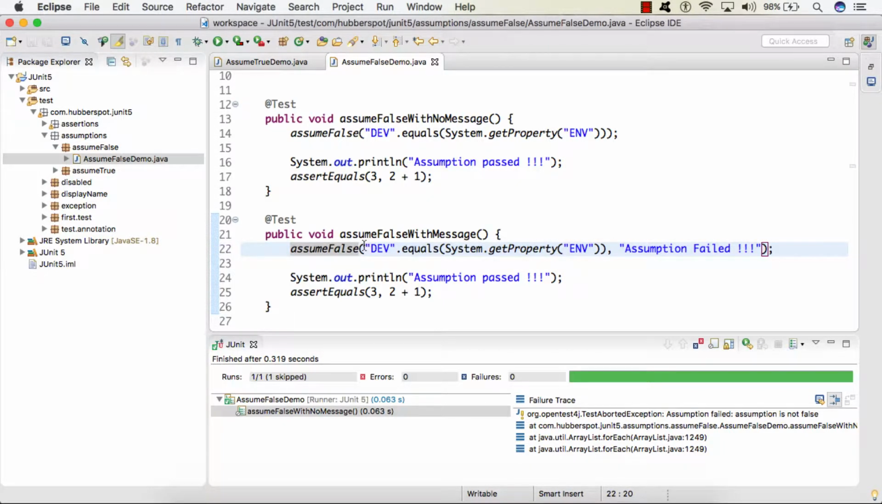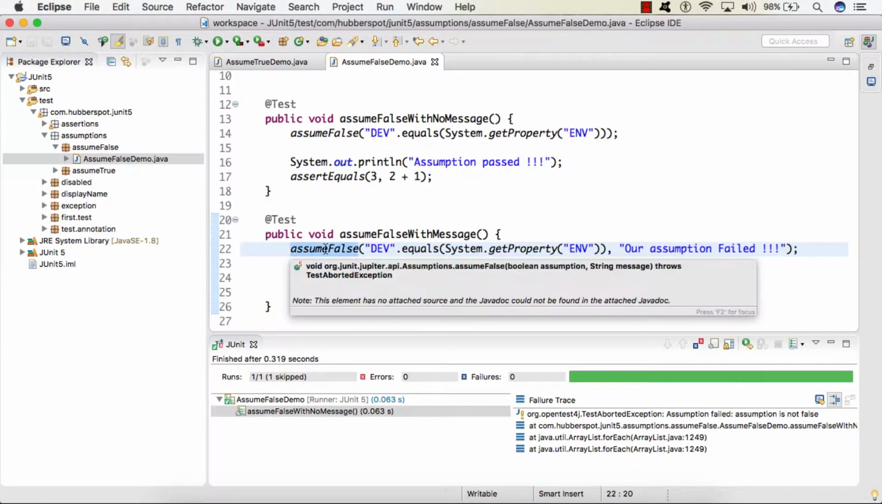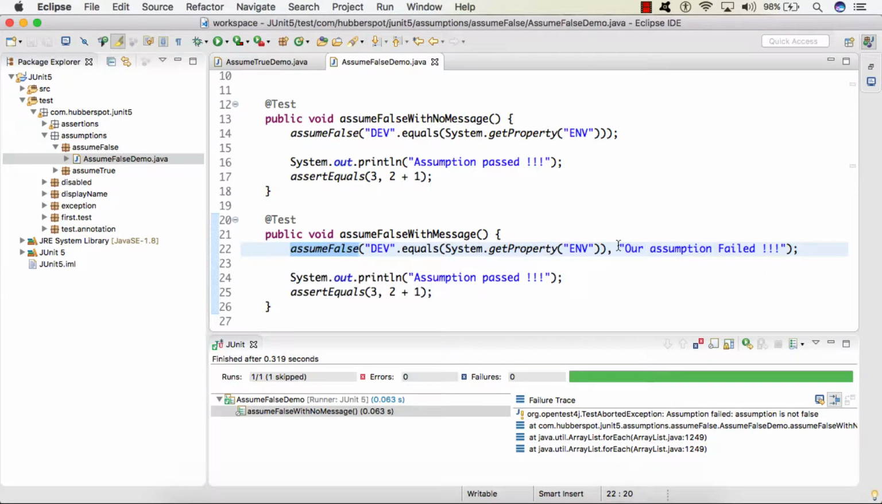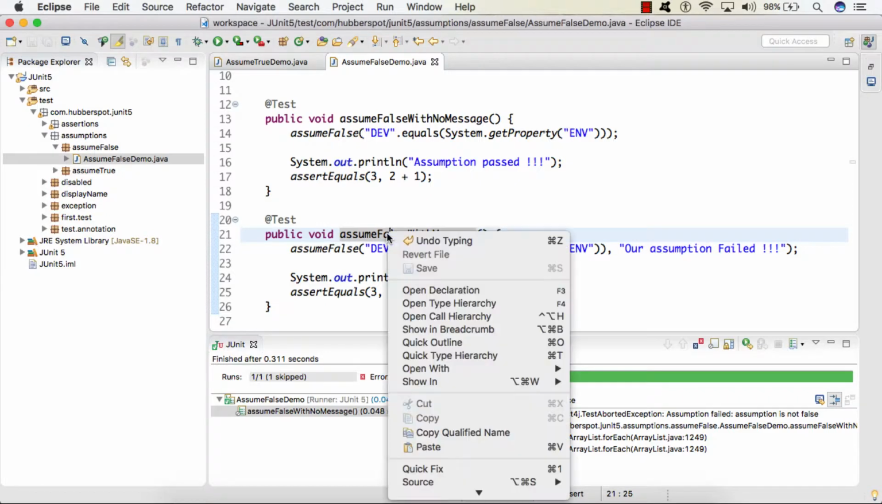So here you can see that the first parameter is our boolean assumption and the second parameter is our string message. So here, if our precondition is not satisfied, then this assumeFalse method will throw TestAbortedException, and along with the default message, our own customized message will also get printed. So friends, if I run this test case now,